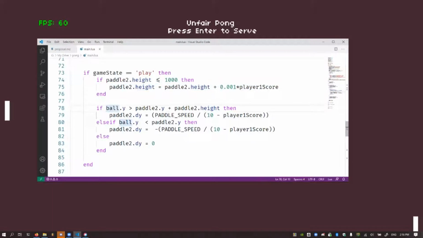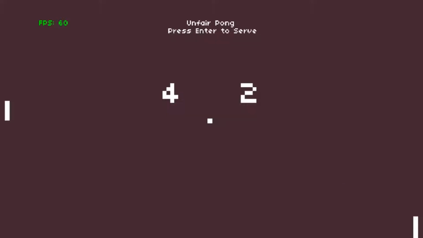And then all I did was compare the ball to the paddle and basically said, hey, where is it? And then move it to there. So here we go. The more I score, the faster it's going to grow and the bigger it's going to get, until it becomes completely unfair for me.